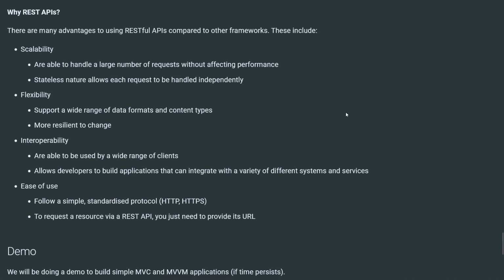So why REST? Well, REST is really commonly used in APIs everywhere, both for web and console applications. And one of the big reasons for this is scalability. REST APIs are able to handle a large number of requests without affecting the performance. This is due to their stateless nature, which is one of the 6 constraints of REST. So any request that comes in, we don't really care what happened before it or after, we handle it as